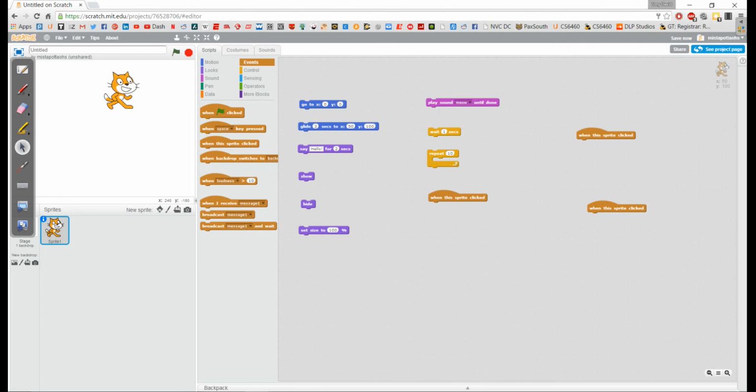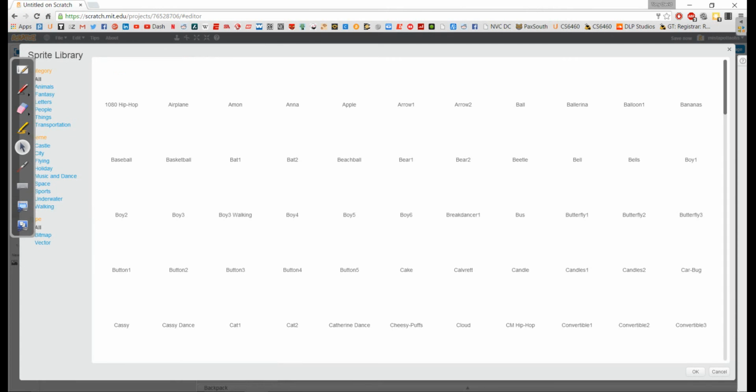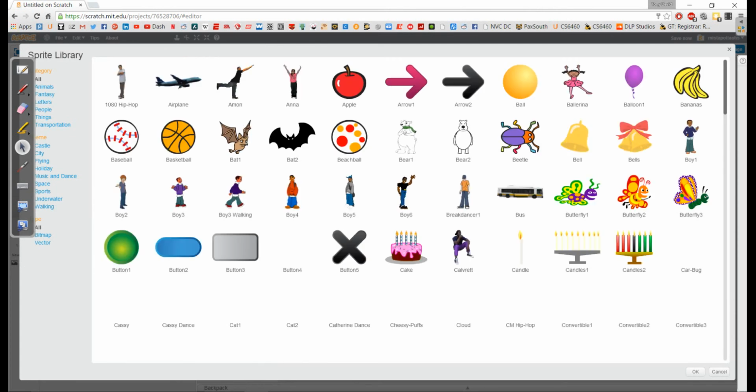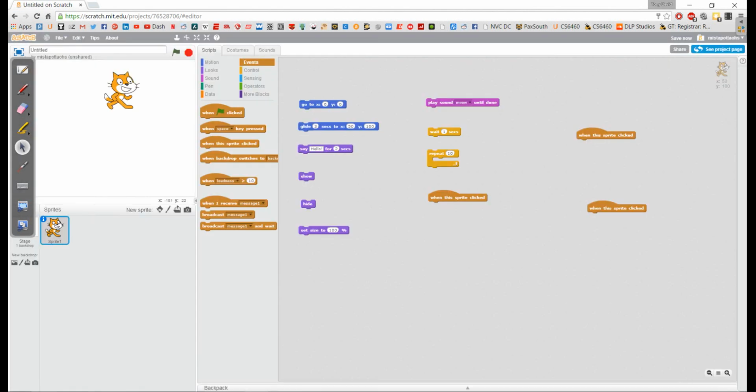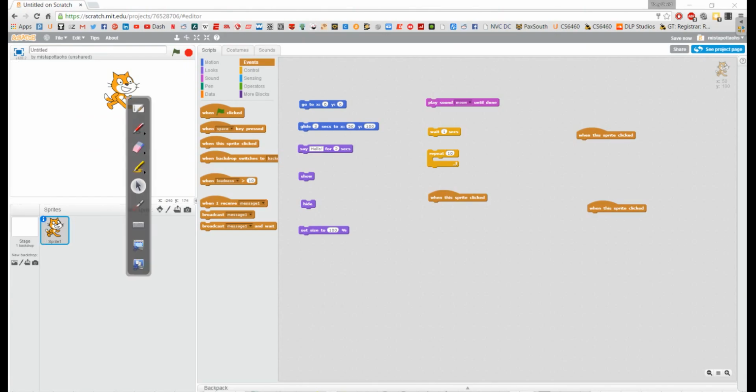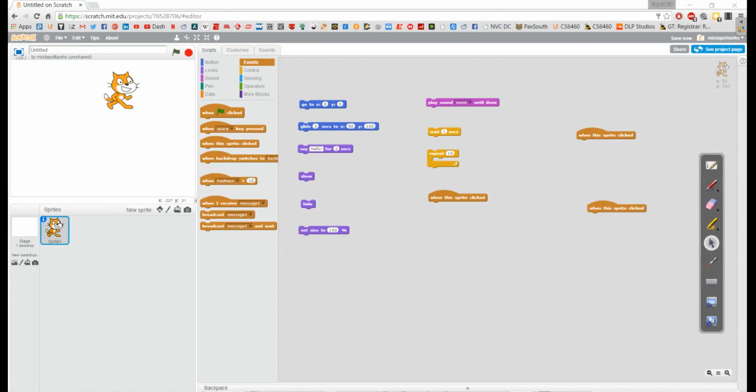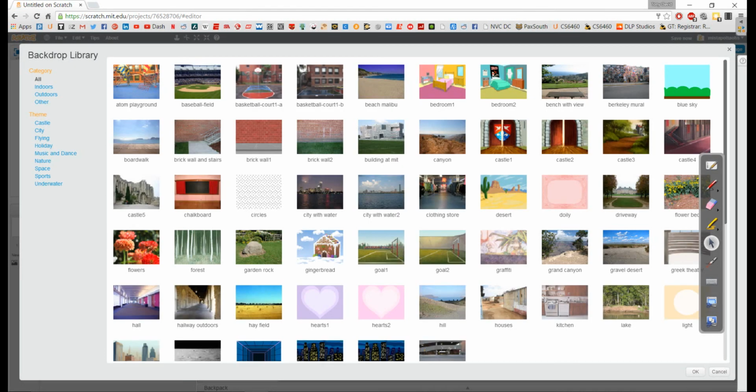Now, the other thing to remember is that you've got all these different sprites to choose from. So if you want to add multiple sprites, you're welcome to do that. Not a problem. If I want to use multiple backgrounds, let me move this out of the way for a moment. Remember that we can add backgrounds using this. And of course, you have the option of uploading your own files for a background file or for a